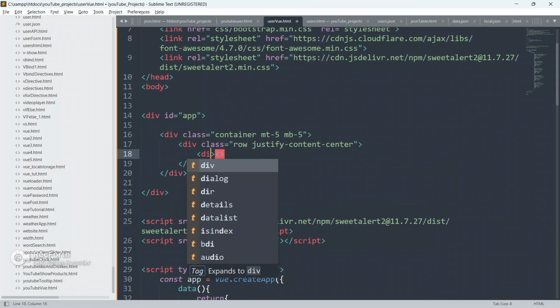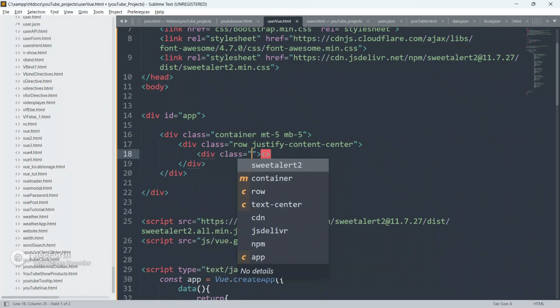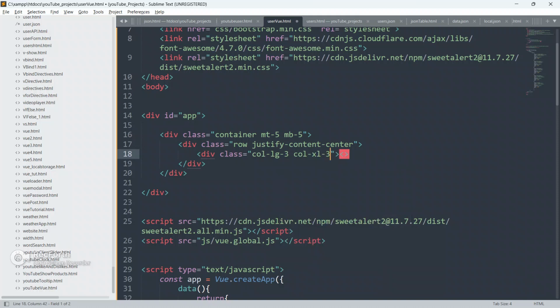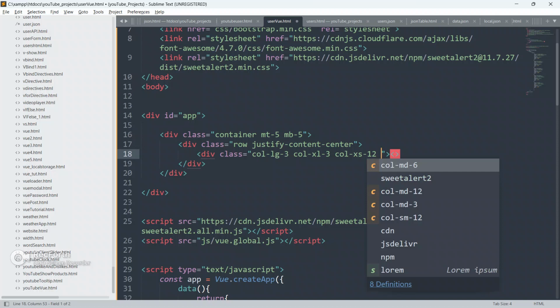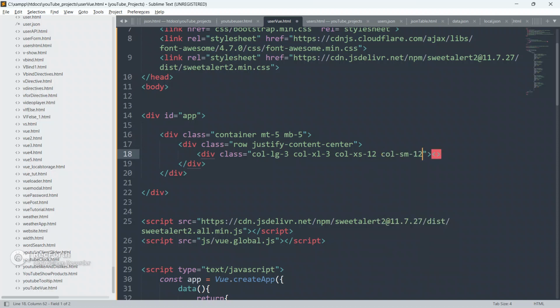Close this div, and inside it create another div, give it the classes col-lg-3, col-xl-3, col-xs-12 and col-sm-12.